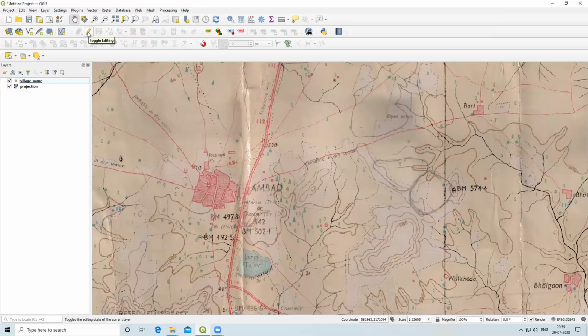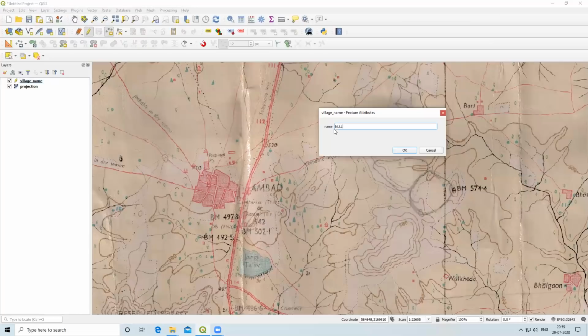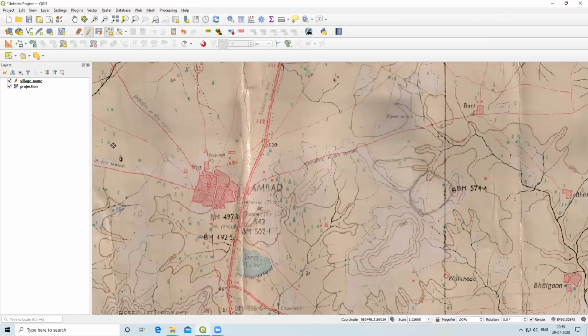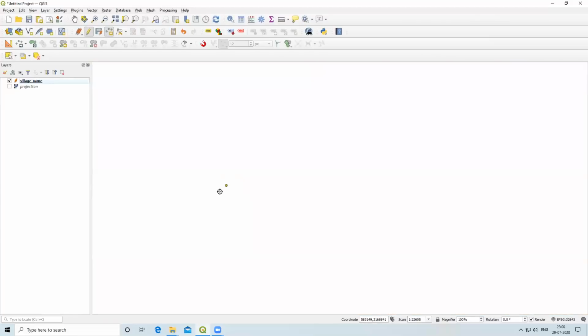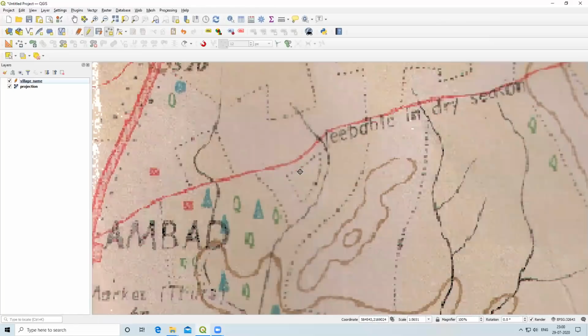Then I will click on toggle editing. After that, the add point data option is there, so I will click on add point. I will left click here and I will add the name Umbud. I will press OK. If I uncheck this, you can see the point feature is added here. Now we'll add some more points.